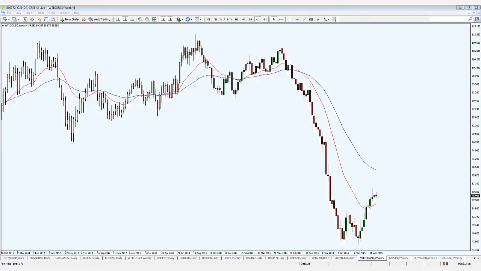Also, I'll look to cover a couple of trading opportunities on the soybeans as well as on the gold market. I'll see you there. Okay, so this is the weekly chart of crude oil, and you can see that price